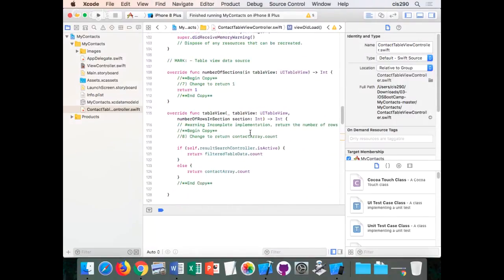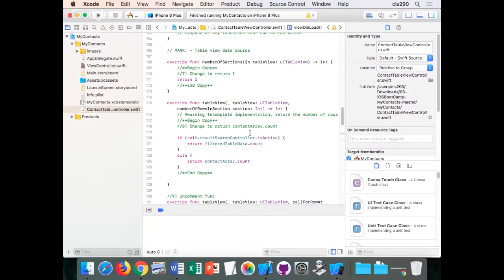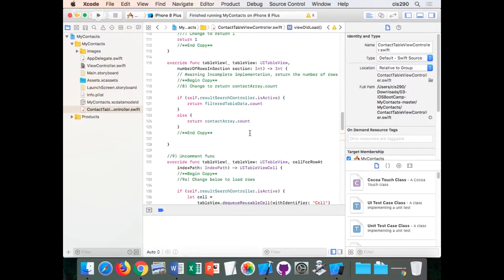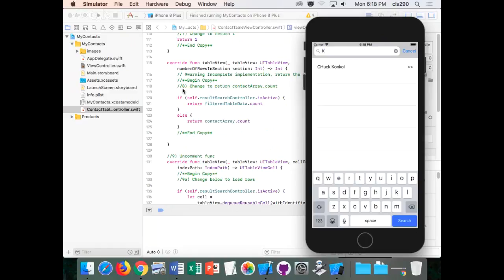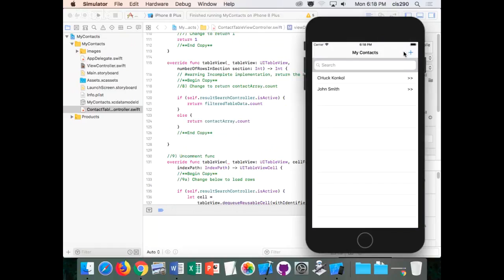Going on down, when you click on each row, you've already done this part in the master detail a few times, but something new here. When you tap on a row, it can either be filtered data or contact array. Filtered data would be if you filtered something and that search bar is active. That's going to come here and return a count of 1 in this case. If that filter bar is not active, meaning I hit cancel here, it's going to go to the full count of that contact